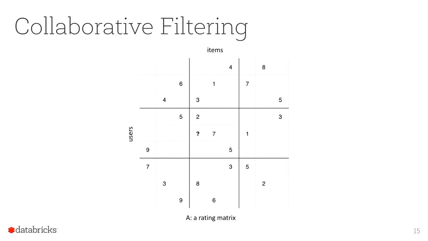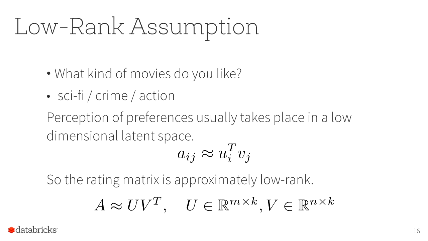So for the recommendation problem, it's about the same. If I told you that there's no correlation between those ratings, and all the ratings are independent, there's no way you can tell what value you should put in the question mark. So we need to make some assumption on the input data such that we can reduce the degrees of freedom and make a good estimation of the ratings. And this assumption in the algorithm is called the low rank assumption. It's a rating matrix, and we assume that the matrix is low rank.